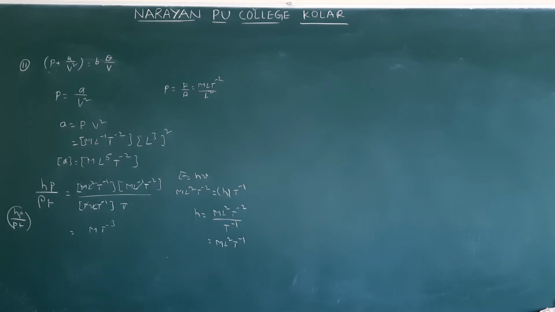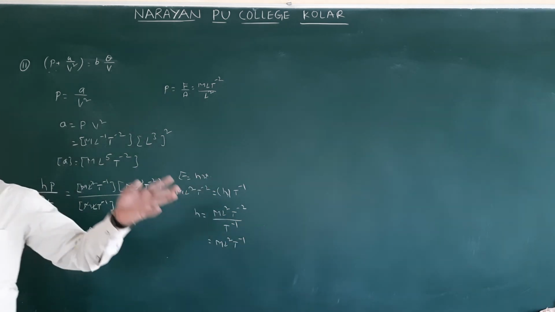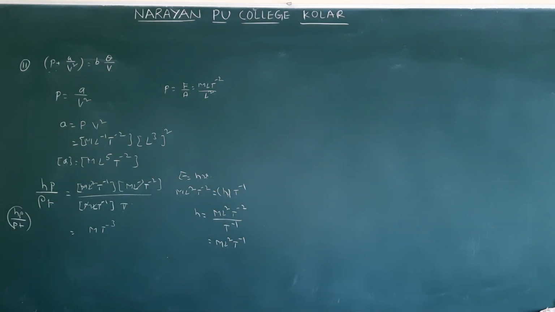Next is the 15th one. The 15th one is a theory question. They gave some equation. Intensity of displacement I depends on frequency, displacement, density, and wave speed. I is directly proportional to f^a A^b ρ^c v^d. There are 4 physical quantities on the RHS, and in that case we can't get the relation. It depends on a minimum of 3 physical quantities on the right side. Therefore, you won't get the correct answer. Values of a, b, c, d cannot be determined. Option 4 is correct.